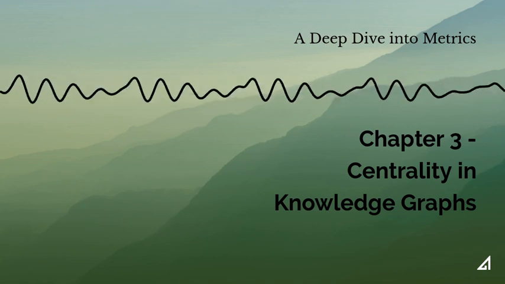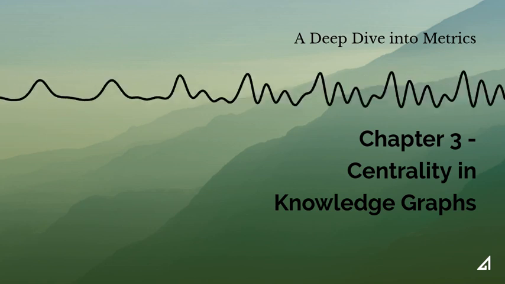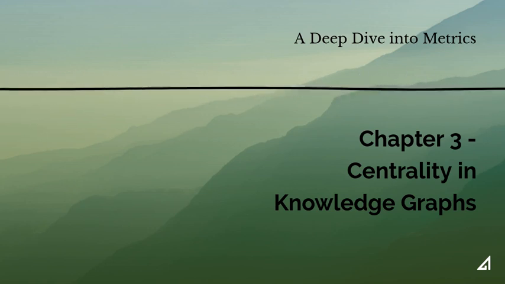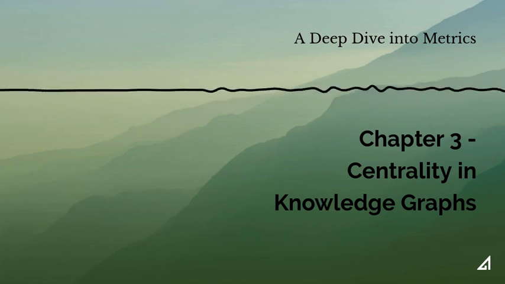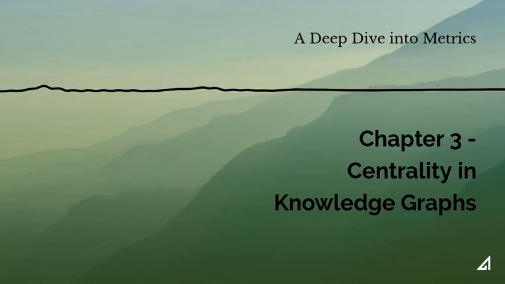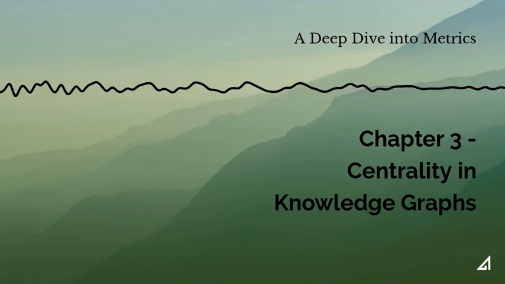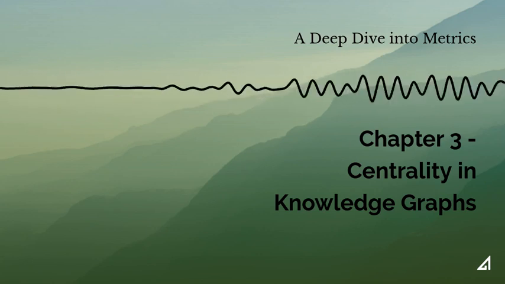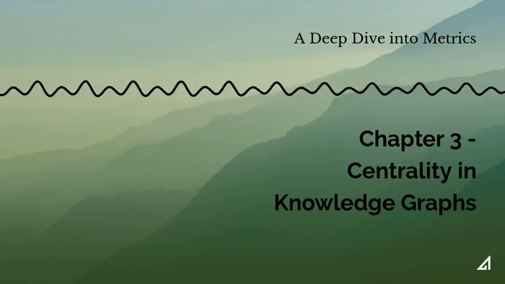And speaking of clear paths, that brings us to a measure you might have heard of. PageRank. You got it. That's how Google became the king of search. PageRank is a specialized version of eigenvector centrality, cleverly designed